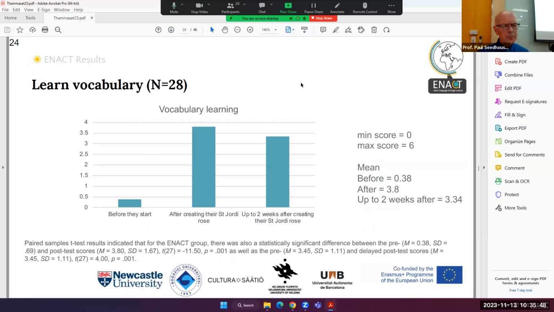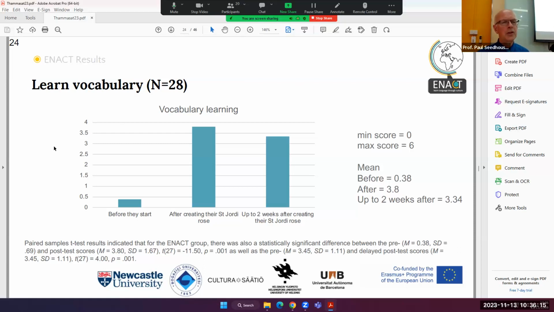And then we do vocabulary testing in all of our projects. So we do this in Newcastle, Finland, Spain and Turkey, and we gathered a lot of data over 3 years. And in fact, we haven't finished analysing all of the data yet. We have a book coming out in 2 years. We'll have learning data there.